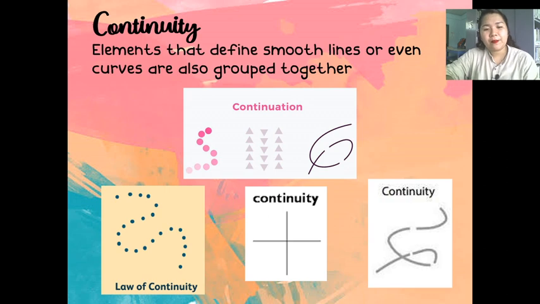Okay, so kung mapapansin nyo, right? Continuation. First is yung circles. Though, kung titingnan natin siya in a closer look, circle lang naman siya. Pero since the circles are aligned in a curve, so parang nakikita natin siya, parang continuous yan na arrangement ng mga circles formed in two lines. Parang nagka-curve siyang gano'n. Then, sa mga triangles naman.